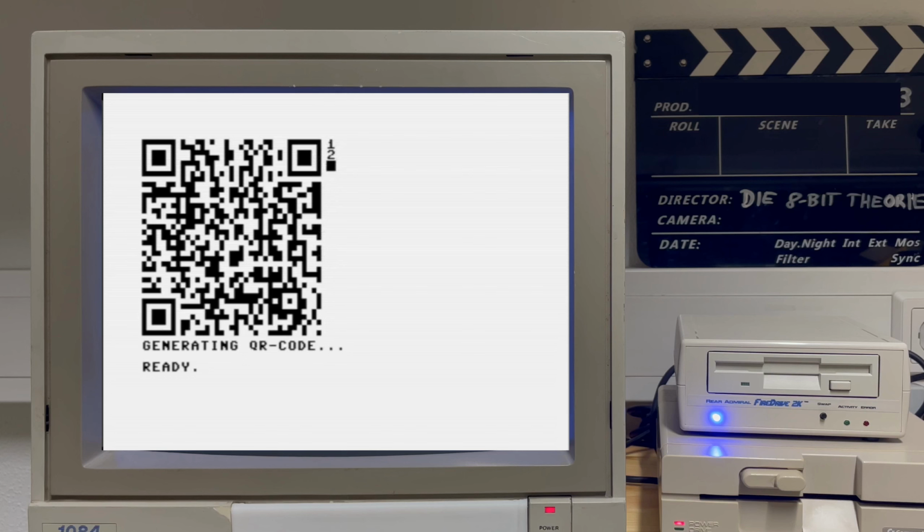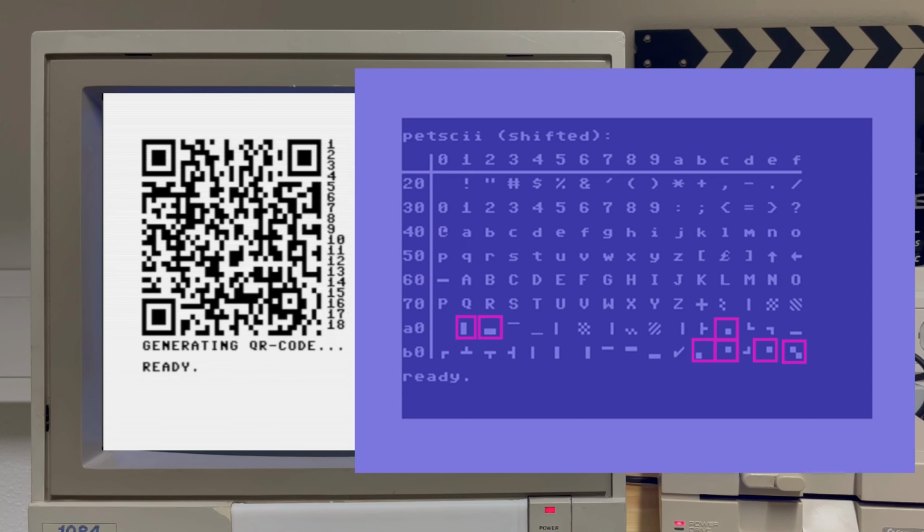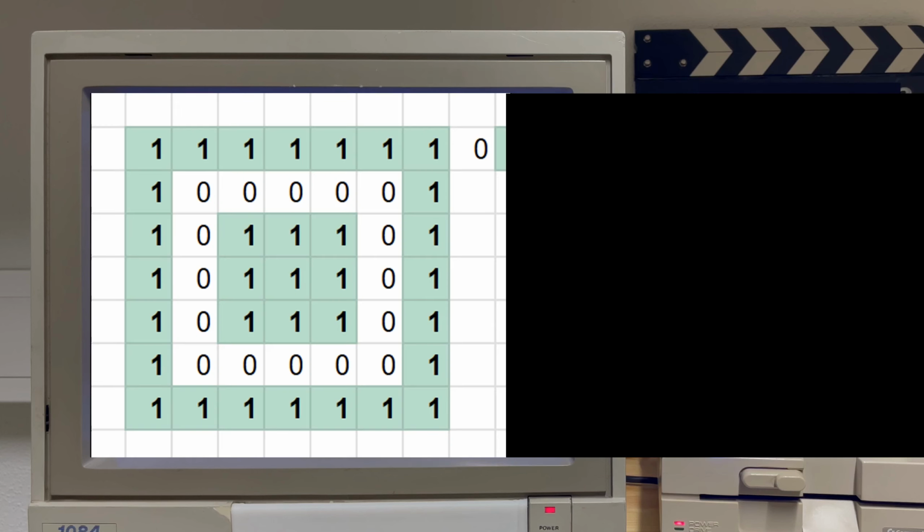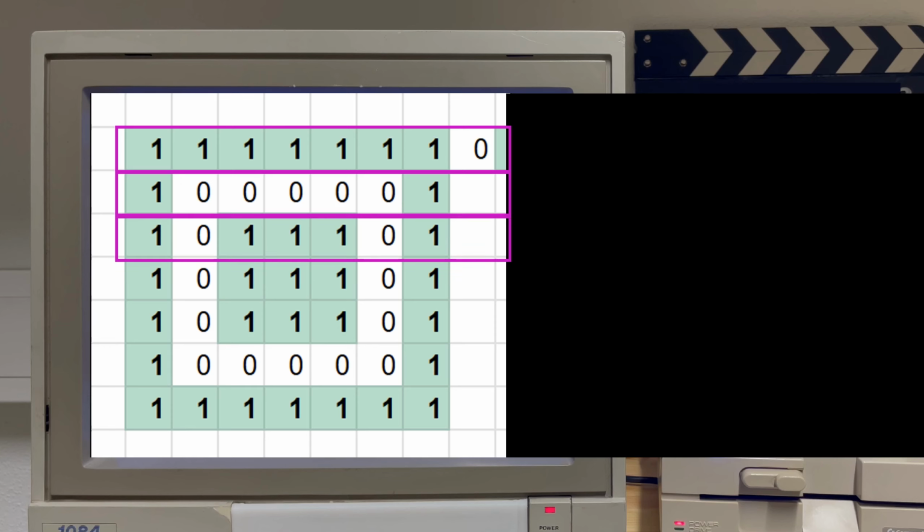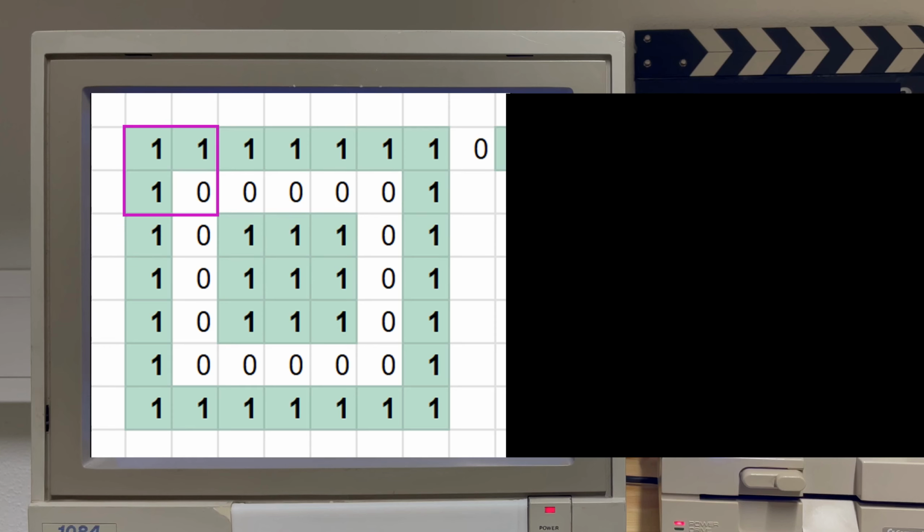Before I share the runtime results of the assembly language version I built, I would like to explain how I implemented visualization to easily fit 37 modules to screens with 25 lines. Petscii characters themselves hold the solution. Several characters allow 4 modules to be displayed in a single Petscii character. When we parse over the result data of our calculations, we just don't go line by line. We always take 2 values of the current line and the 2 values right below. The values of the 4 modules are bit shifted in always the same order.